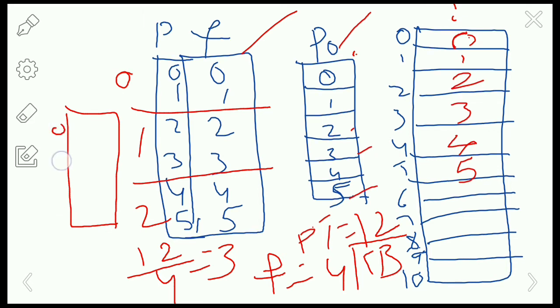For 0, 1 and 2. So we are going to maintain the page table here. That is this. So already we have placed the pages of the process P0 in the main memory: page 0 in the 0th frame of main memory and page 1 in the first frame of the main memory, right? And page number 2 in the second frame of the main memory and page number 3 in the third frame of main memory, and so on, right? We have already mapped this one.